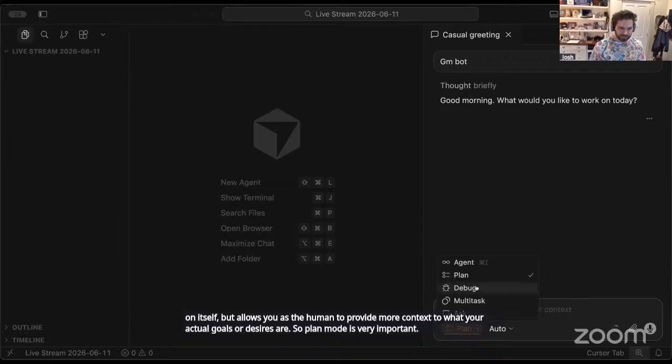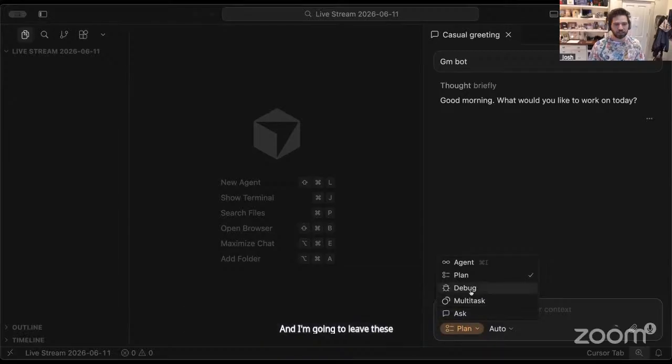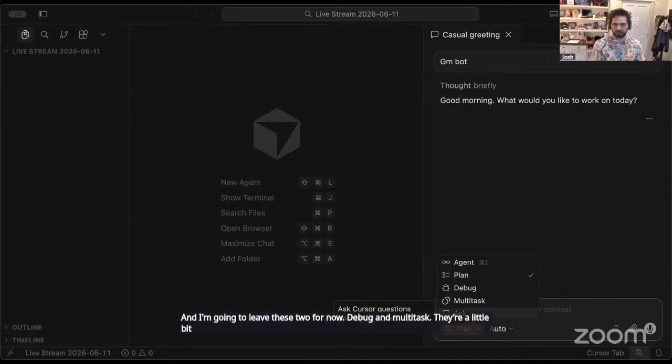And I'm going to leave these two for now, debug and multitask. They're a little bit more Cursor specific. Dustin was talking about the harness element. Cursor is the harness in this. So it is what's holding the LLMs